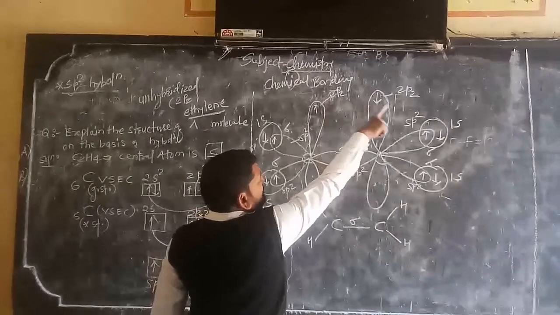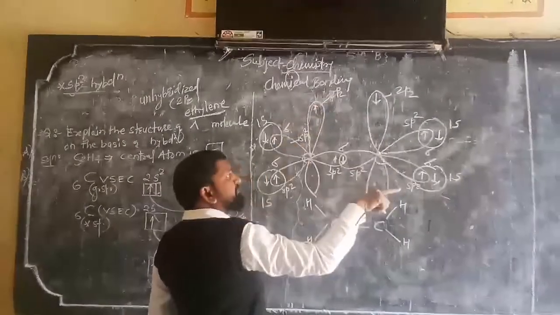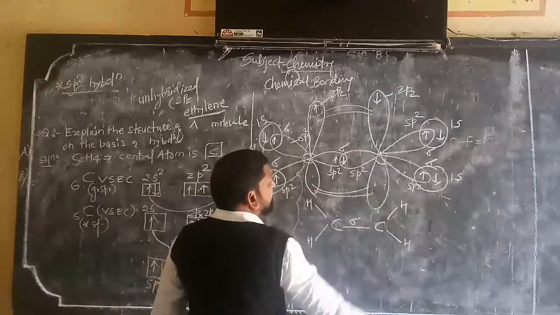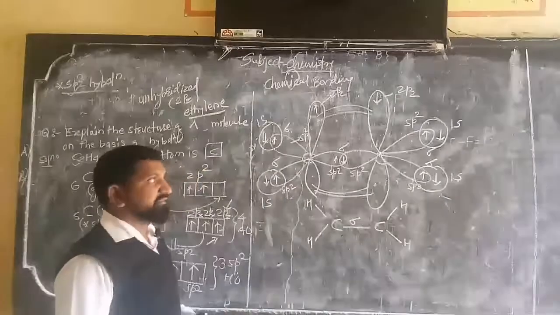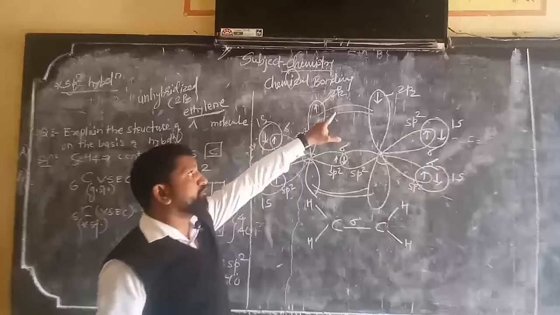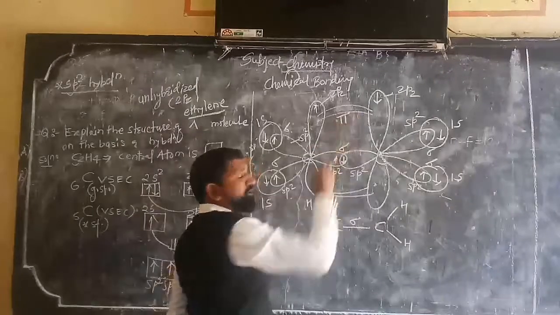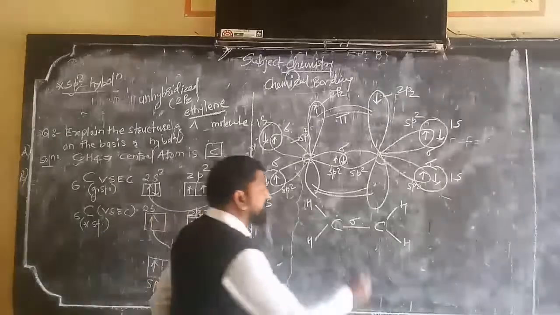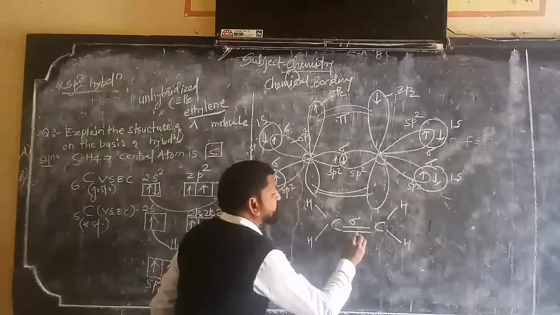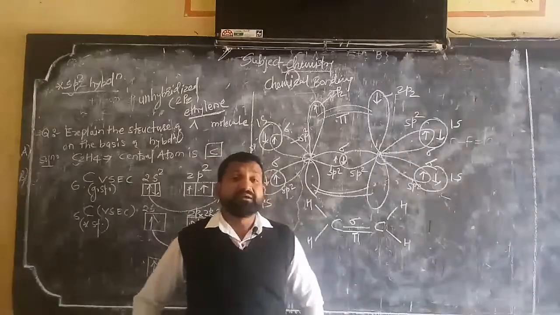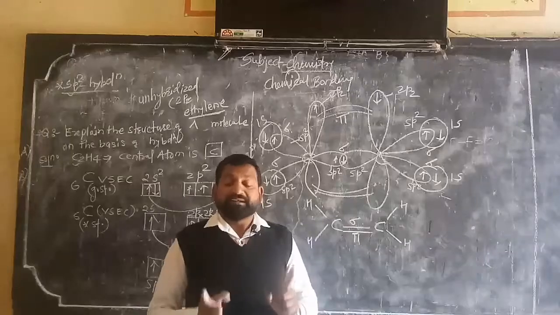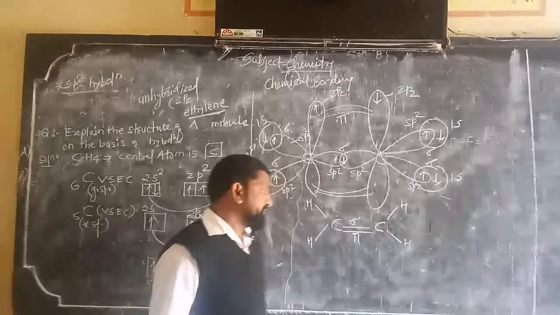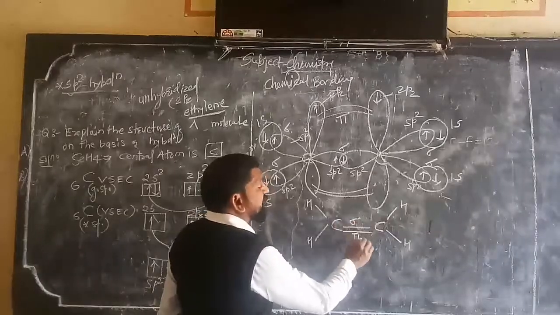Now these 2pz orbitals which are unhybridized overlap laterally. How do they overlap? They overlap laterally and form a pi bond. They do not overlap axially, they overlap laterally, and they form a pi bond which is comparatively weak as compared to the sigma covalent bond. Such a double bond has a pi bond. Therefore always remember, in a multiple bond, either a double bond or a triple bond, along with one sigma there are a number of pi bonds. So in this way there is a formation of sigma and pi bond.